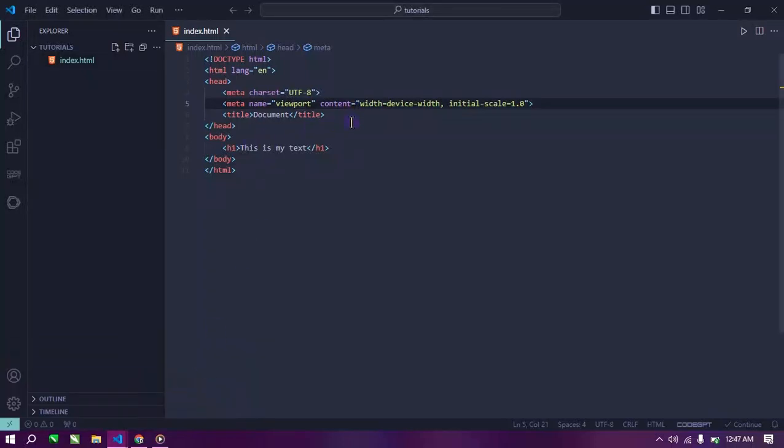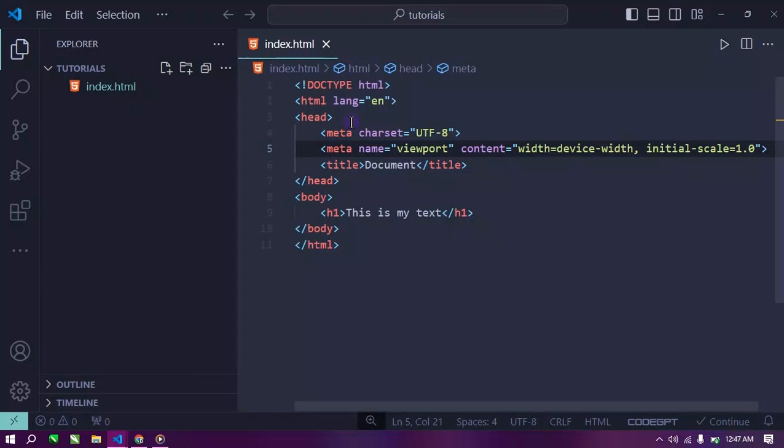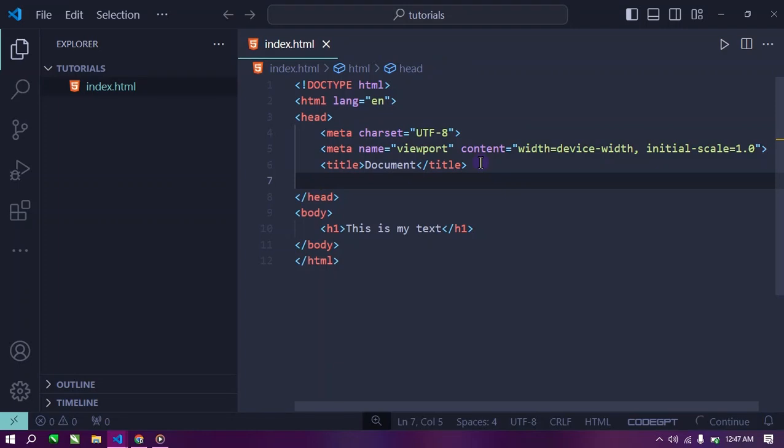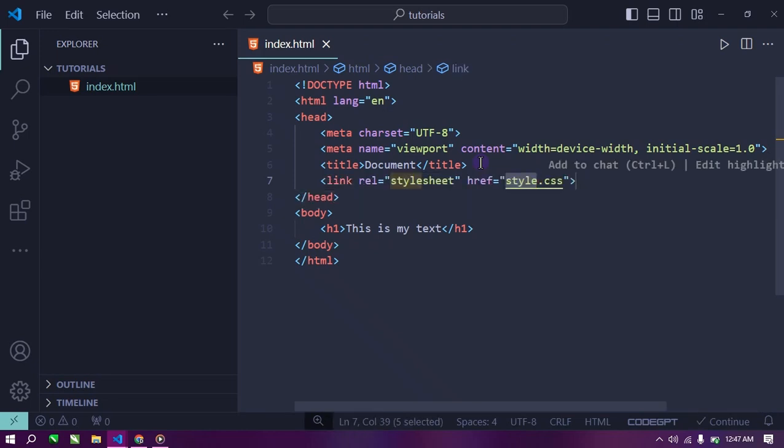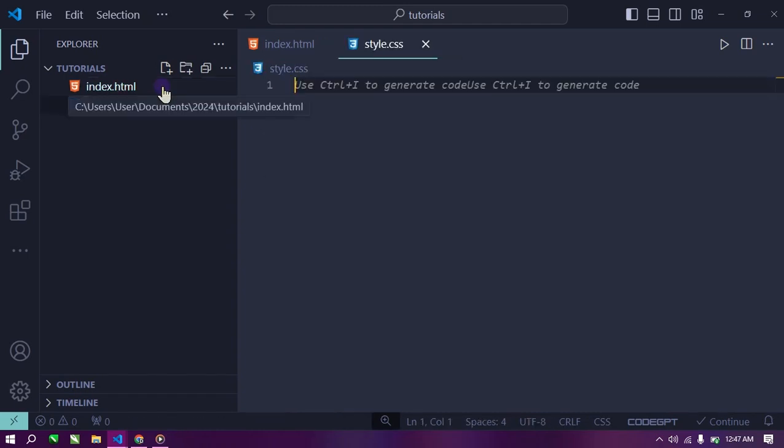First of all, let me zoom this so that I can see clearly, and then I'd like to link a CSS file. I'll say link CSS. This is a shortcut for many people that you don't know. If you are using VS Code, just type link CSS and then it gives me this. Wow. Then I click plus here, style.css, and instead of taking too much time to write my CSS code, I just want to go directly into what I want to do. Now, option 1,